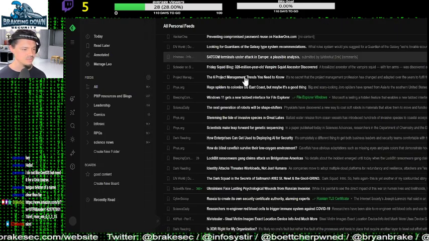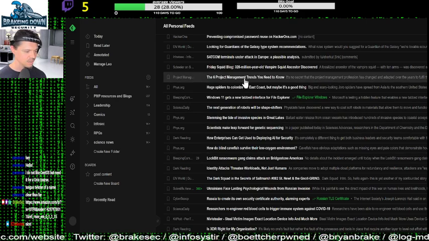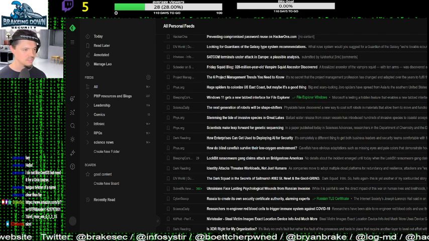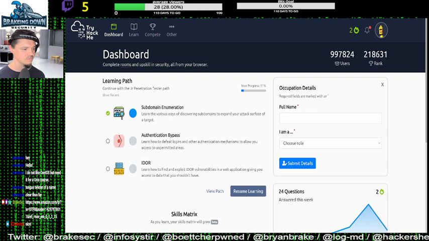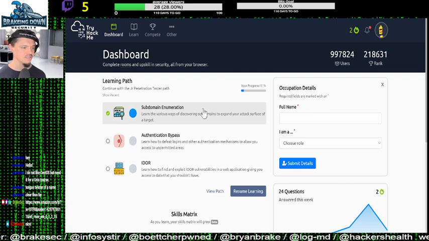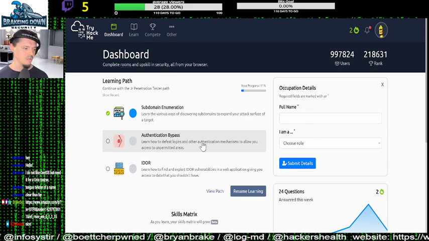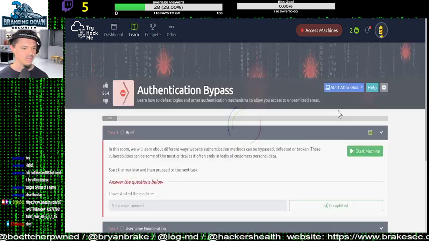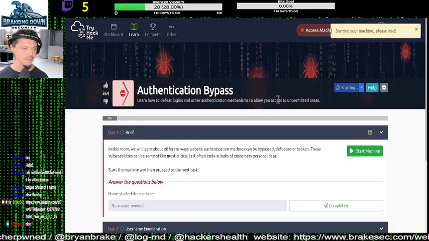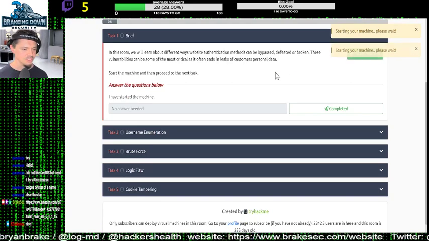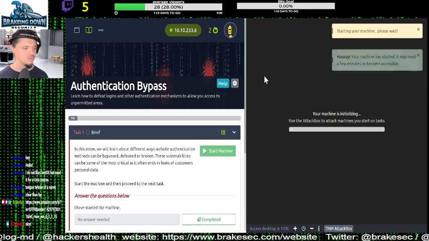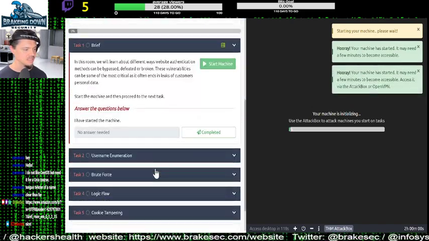There's a bunch of interesting stuff that came out this week. I just like to keep updated on various things. So yesterday we did the subdomain enumeration, and today I thought we would go through the authentication bypass items. Let me start my attack box just so that we can keep going. Start machine. All right. So in this room, we will learn about different ways website authentication methods can be bypassed,